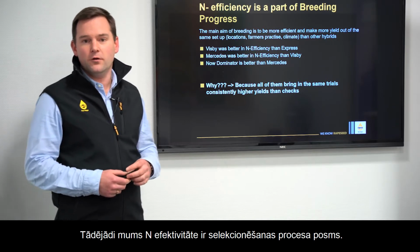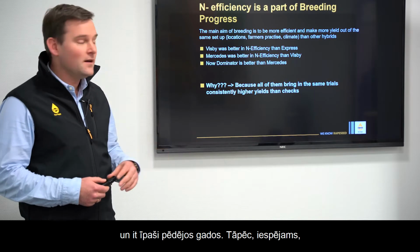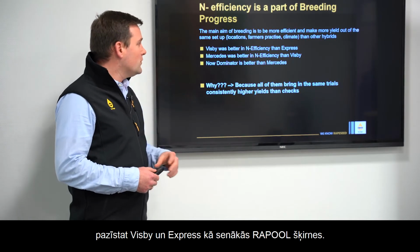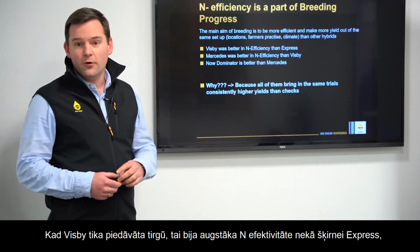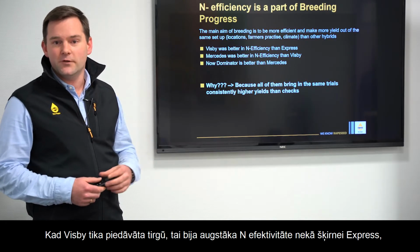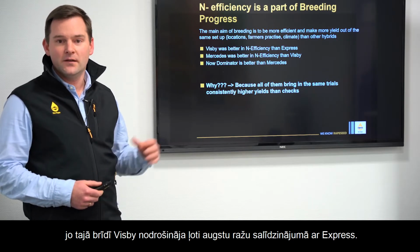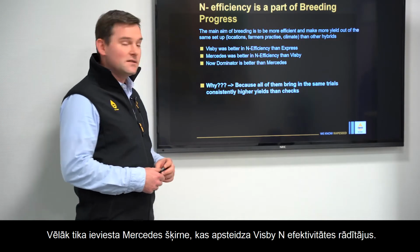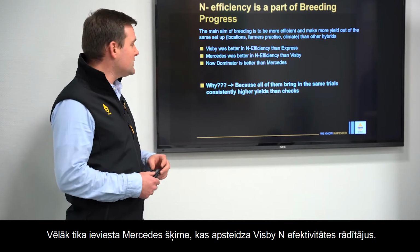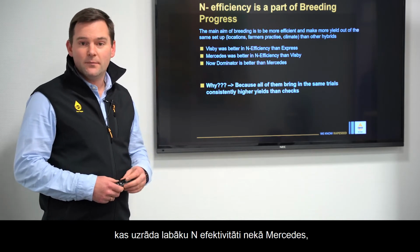You all know on your farm which varieties you have grown in the last years. So you might know Visby and Express as old Rapool varieties. At the time Visby came out on the market, Visby was more N efficient than Express, because Visby was at that time very high yielding compared to Express. Later on then Mercedes was released. Mercedes was better in N efficiency than Visby,